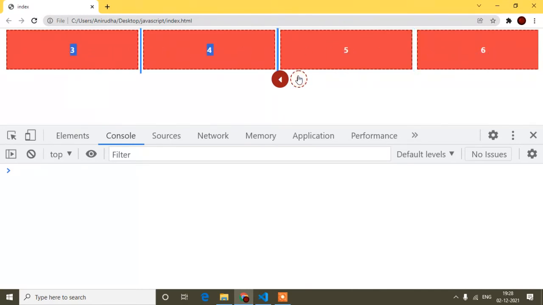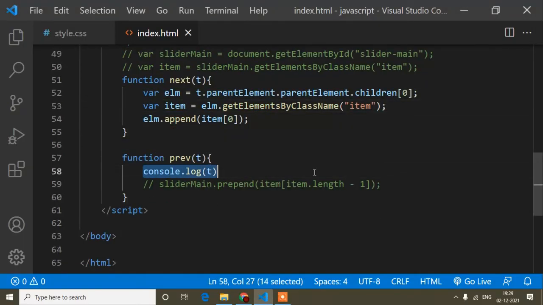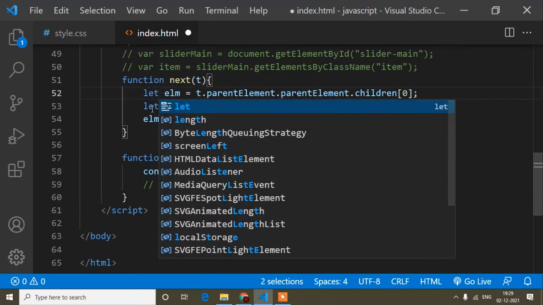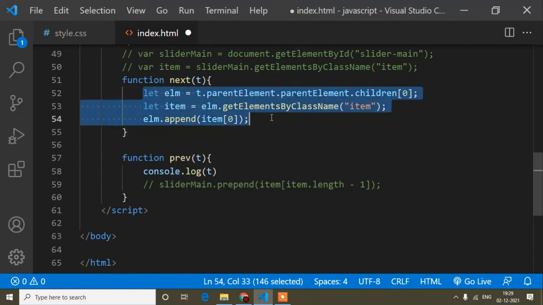But guys, the main thing: after working on the previous button, I will add another slider and then see whether it's working for multiple sliders or not. You can see here it's working perfectly. The same thing I have to write for the previous button. Just here, instead of var, I will use let, but you can keep var also, it's not the main thing.